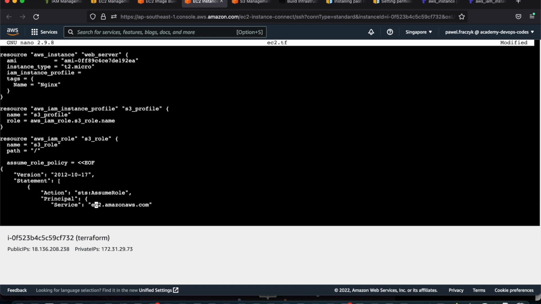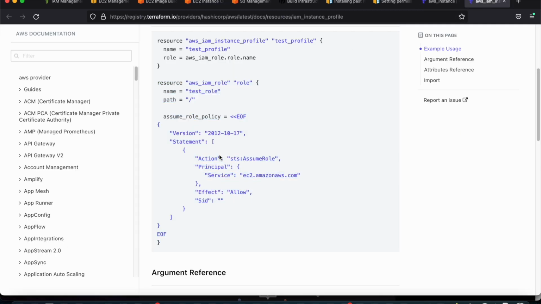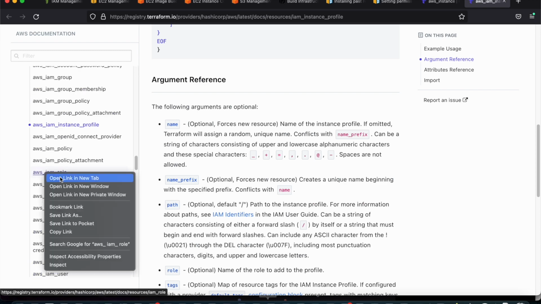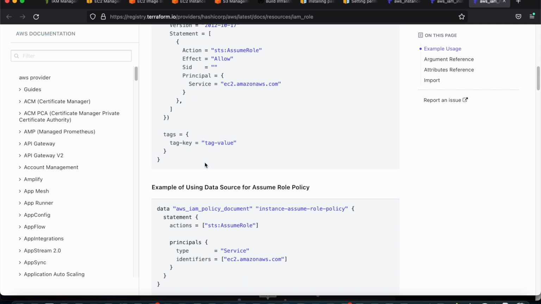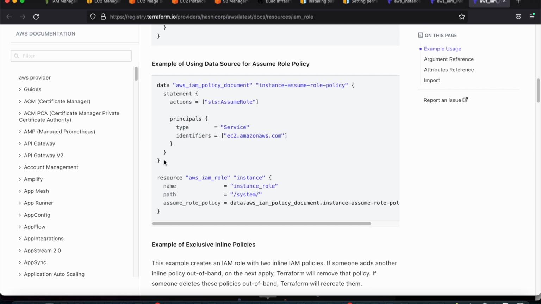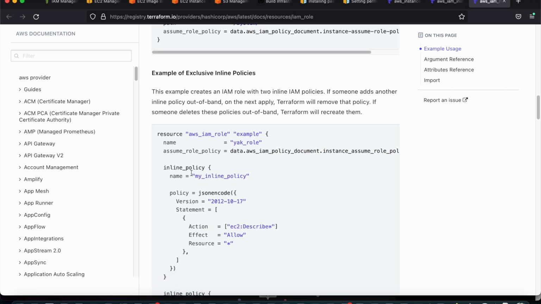We want to allow the EC2 service to assume this role. That's why we have to specify it here. And for the role itself, if we go to IAM role, we have IAM role. We can have a custom policy. We can also use a data resource to specify it. So there are many different ways to do the same. But we want to have an inline policy here